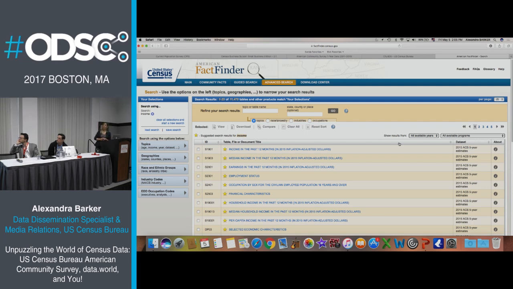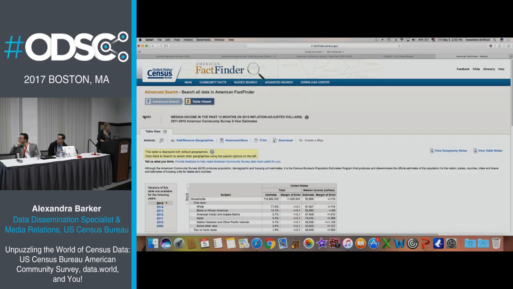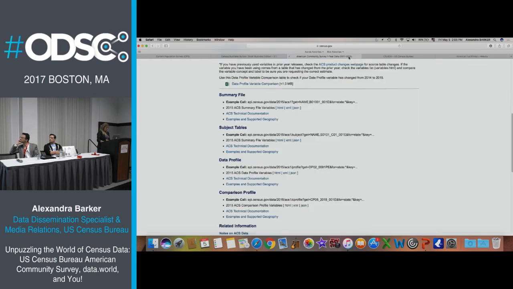And as soon as you find a table that has the statistics you want, let's say here, median income, you know that this code here, S1903, is all you need to know. This is what you're going to be starting to call the name variable. It's a subject table, it's an S table, and you see in the URL string how that plays out. So let me go back to the developers page, right here, up.